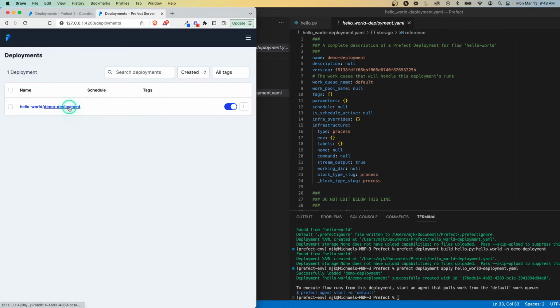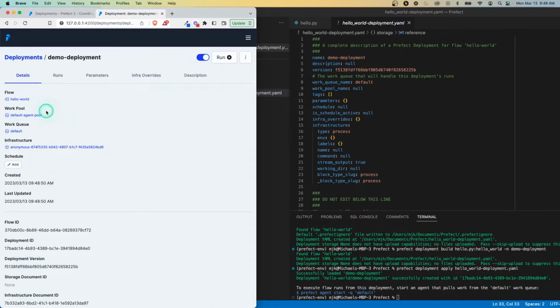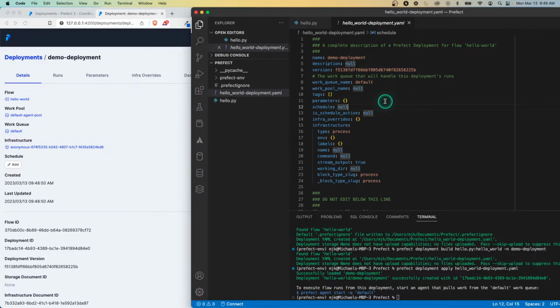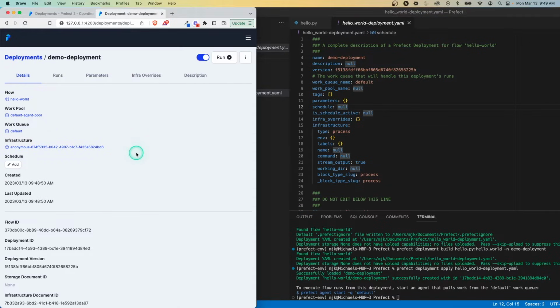And here we can see now deployment exists. And if we go in here, we can see it has more information for us. So again, talked about that work queue. It just gives you an anonymous infrastructure for your local, but this would depend on whatever you set it to. So again, this deployment concept is really important because now anybody can trigger this. You can run it on a schedule. You can version control your deployment YAML files, and you can start to set remote infrastructure and storage to run your flows rather than just